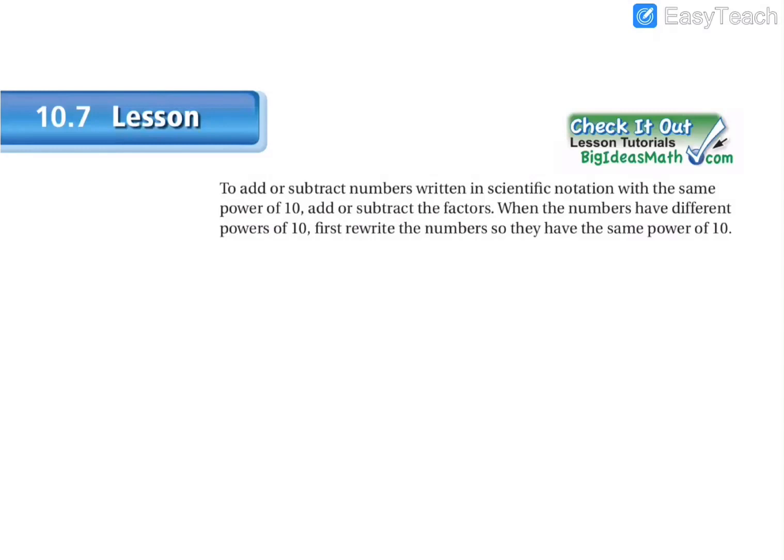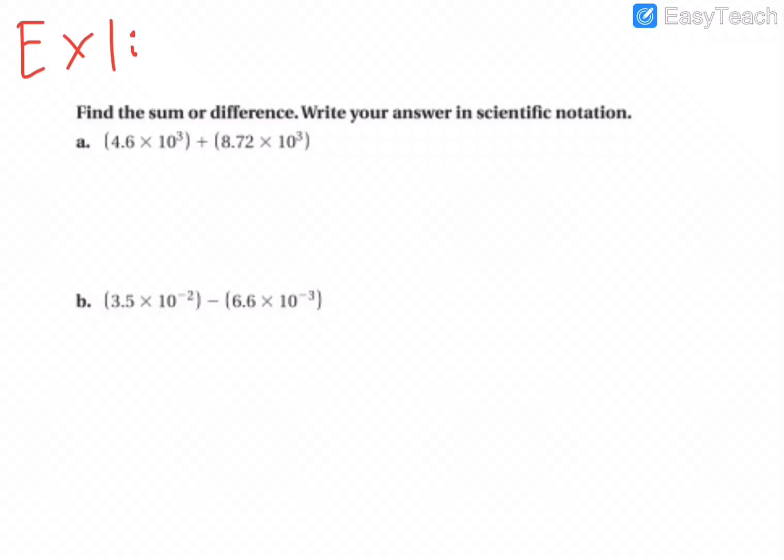And so for our first couple of examples here, the key idea is that we are adding and subtracting when you have the same powers of 10. If you have different powers of 10, then you need to rewrite the numbers so that they have the same powers of 10. So here's what that means. Looking at example 1,